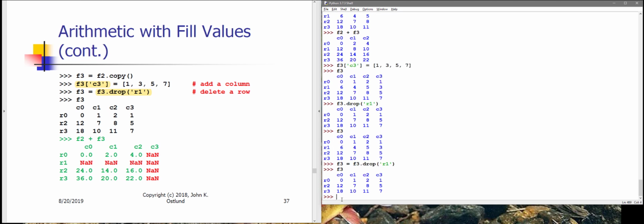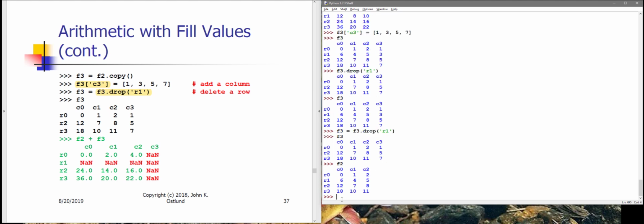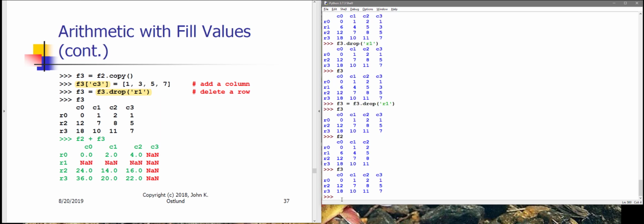And now I have F2 containing 4 rows and 3 columns, F3 containing 3 rows and 4 columns. And although there is overlap among the row labels and the column labels, there are also differences in both. So now if I say F2 plus F3,